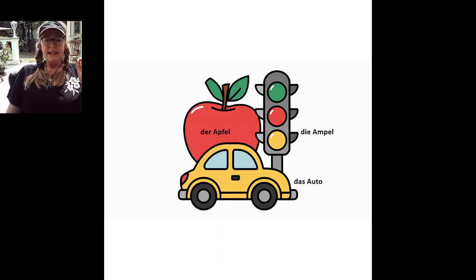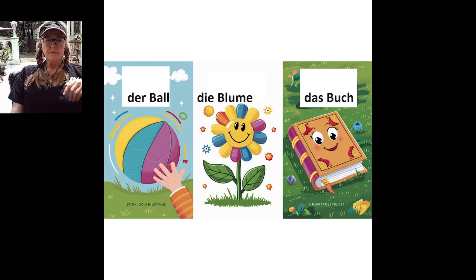So, der Apfel, die Ampel, das Auto. Der Ball, die Blume, das Buch. Oh my gosh, there are 2 things already that I have to explain real quick before we move on to C. When I say der Ball,